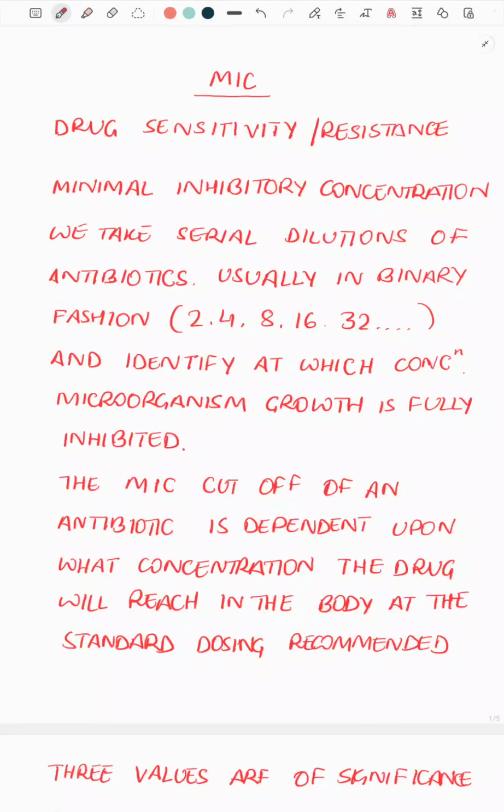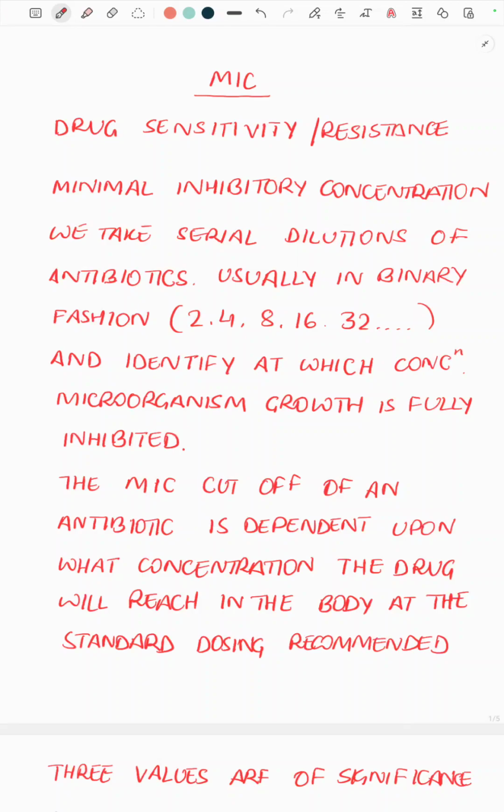The MIC is a value which tells us whether a microorganism will be sensitive or resistant to a particular antibiotic. This is what is given in all culture reports and has to be interpreted. It stands for minimal inhibitory concentration, and it's the minimum concentration of the antibiotic required to stop the growth of